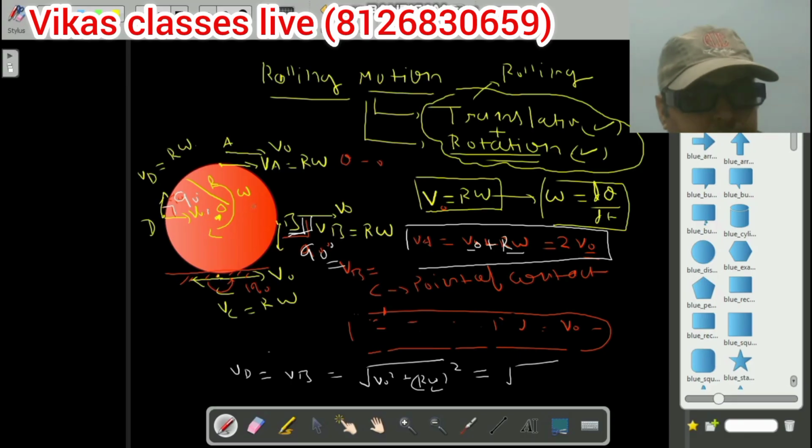Therefore, V naught square, it will be V naught square